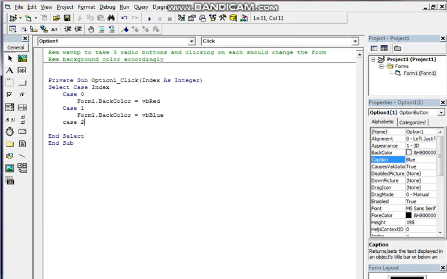Understood? Case 2, it will become vbGreen. Fine. You can write Case Else here, which is not required because you don't have any other color or option. So you don't keep this one. It is not required, at least for this case.